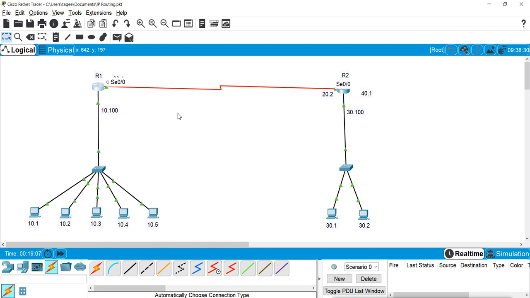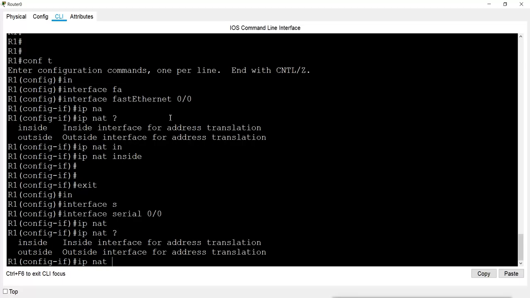So we want to say where the translation should be: when the data goes in from this interface and out from this interface, then it should be translated, or only in, and anywhere it is going, it should be translated. I will say in and out, so I will say outside from here.